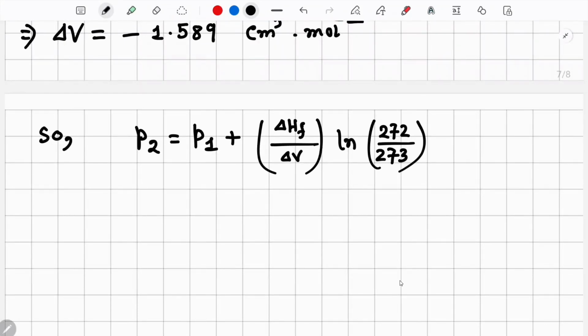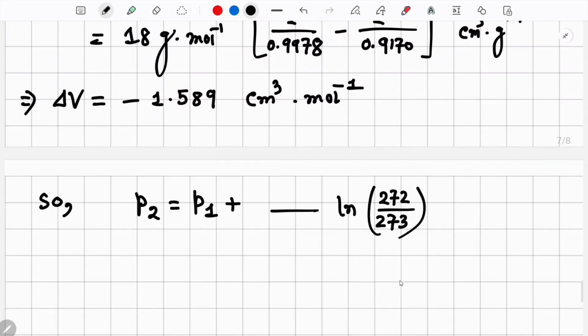And what is delta HF? Delta HF means you are considering solid to liquid. When it is solid to liquid, is heat emitted or absorbed? You have to give heat, right? Yes, heat will be absorbed. So it is positive,